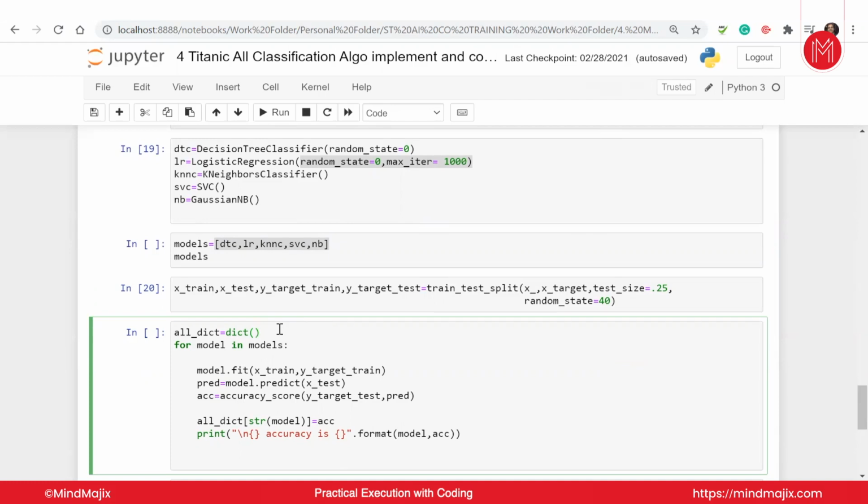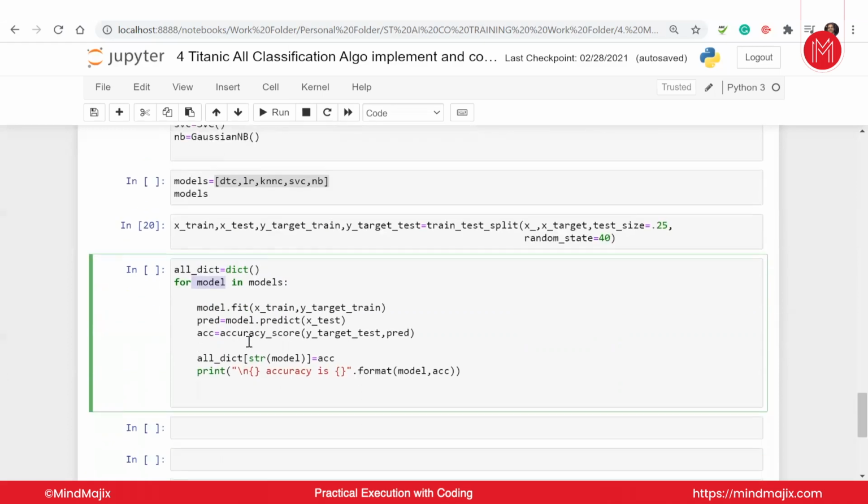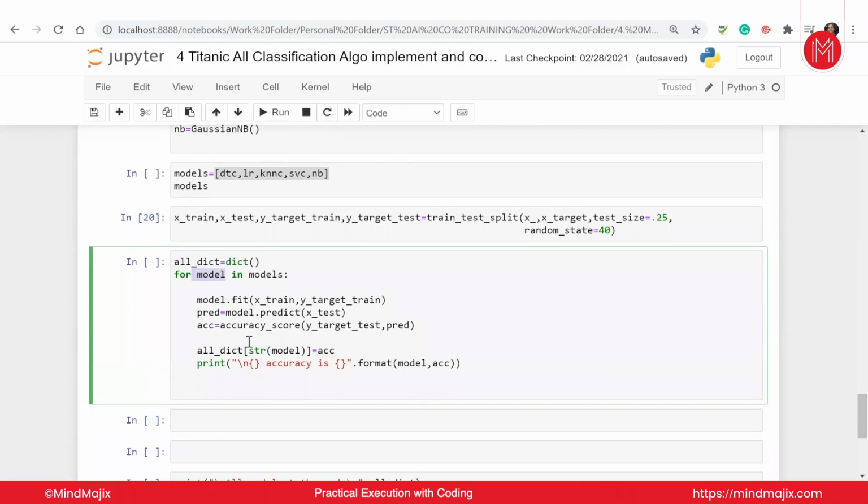Now, all this dictionary that I have created, the empty dictionary, is an optional feature that you can create or you can remove. I'm just collecting all the values here to print them at the end. There is no particular reason for using it. You can simply eliminate this step too. There is no issue with that. Then I'm creating a for loop where I will pick model in models. Models is my list where I have these five algorithms. I will fit each algo, giving my independent X train 75% and my target train 75%, and train my model.